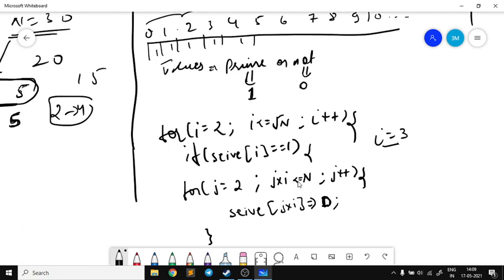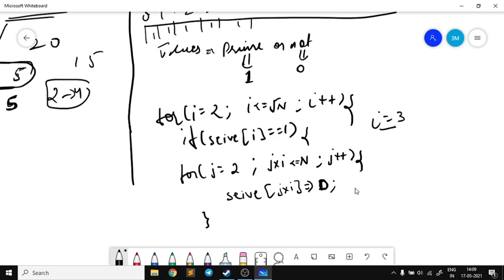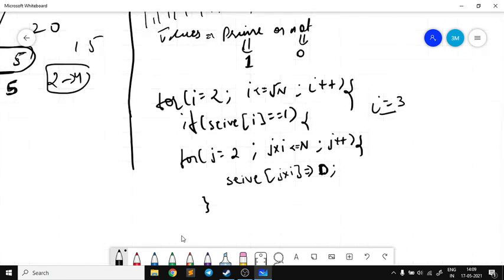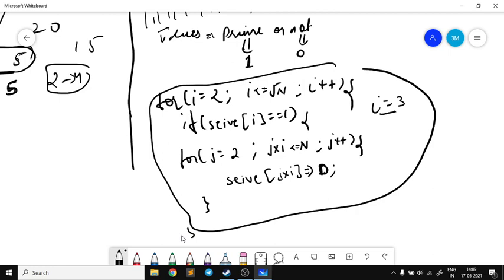Because if we are reaching that multiple, that means it is a multiple of the number I. The number denoted by j into I is a multiple of the number I, that means it will be divisible by that number I, right? So hence we cannot say it is a prime number, so we will neglect it, right? So this is all about the code. This is how the code of sieve looks like, right?